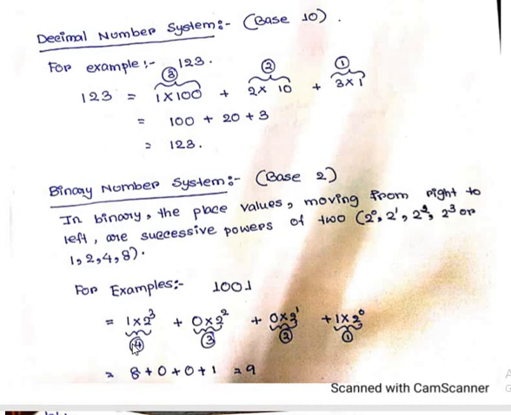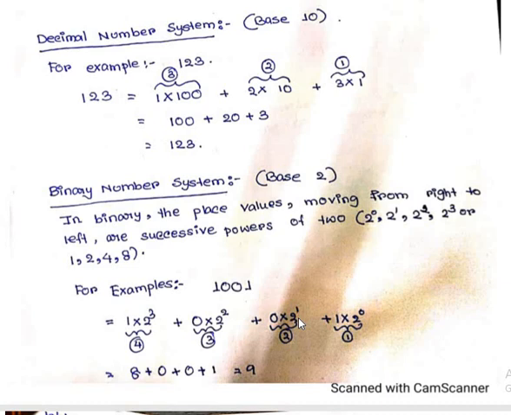I have written it over here just to separate a group from another group. Here I have written each of the digits separately. Now what I have to do is multiply it with 2 to the power 0. As the base of the binary number system is 2, I have written 2 to the power 0.